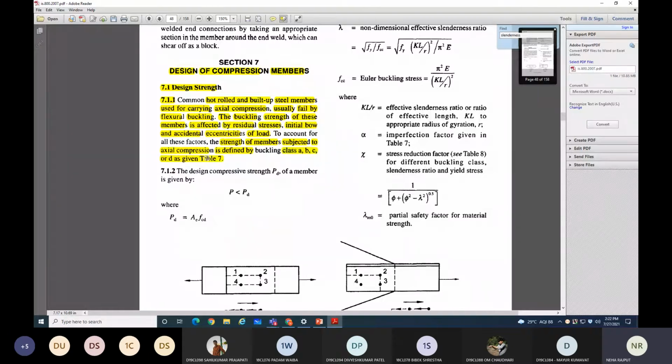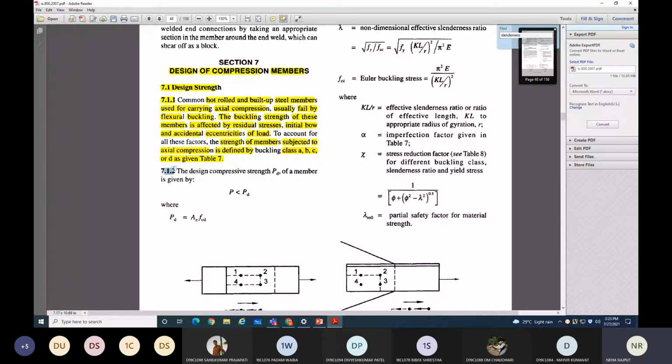So in a steel column, it is very essential that you must know about the buckling class of the column. Buckling classes are classified as class A, class B, class C and class D. We will see these classes A, B, C, D after 5-10 minutes, but on the basis of this buckling class you are providing to your section, you are designing that, right?